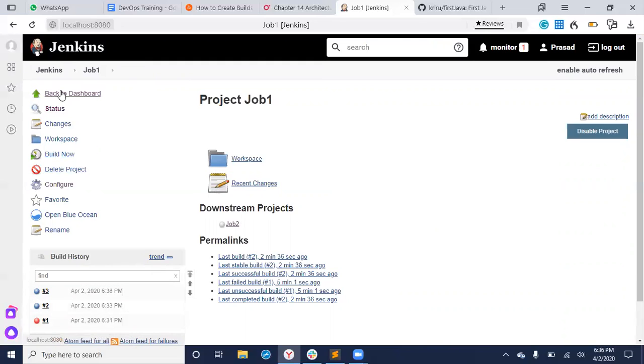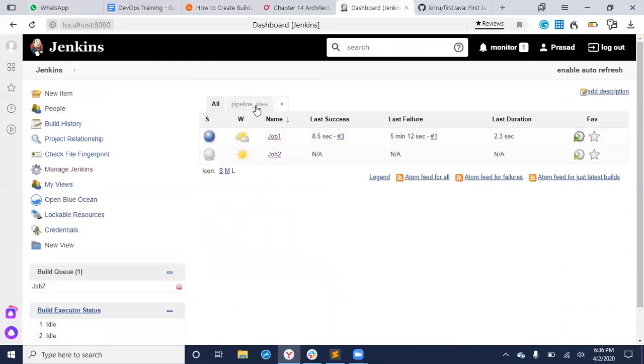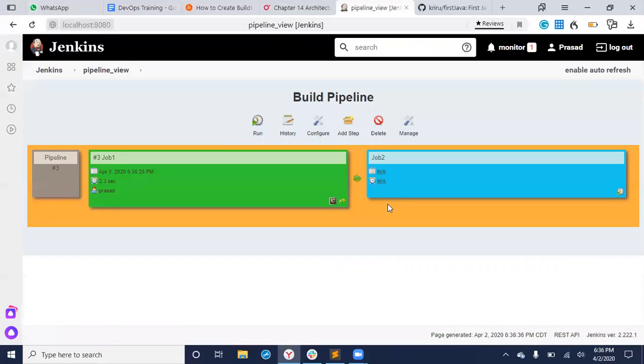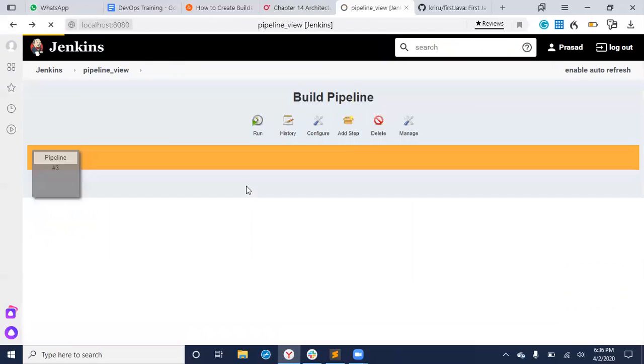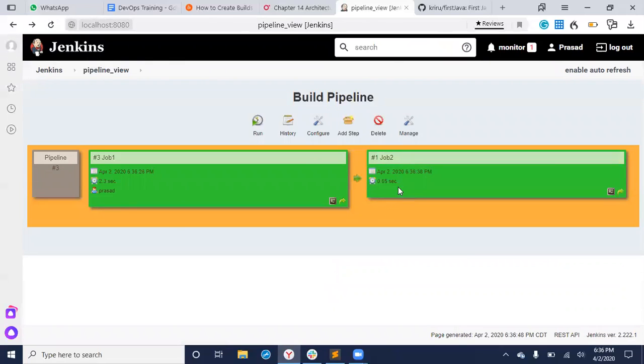Let's go to our pipeline view. This has run fine, but this should also run. Yeah, see, 636, job1 has run. Automatically, job2 also ran in this way. Now you see the complete thing as green. If you make one of them fail, then it will show differently.